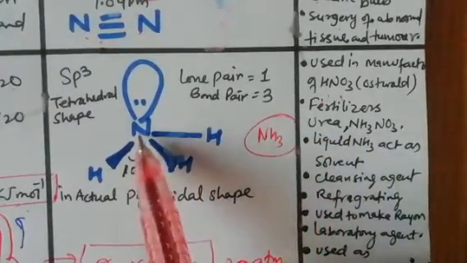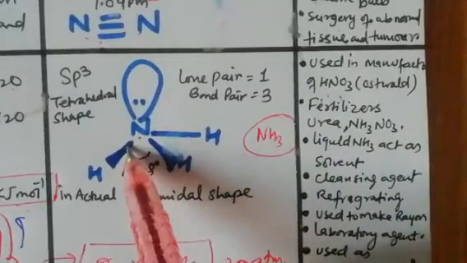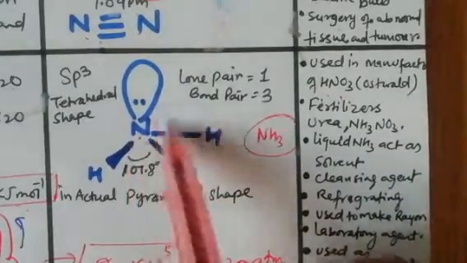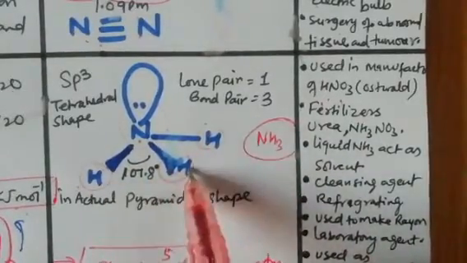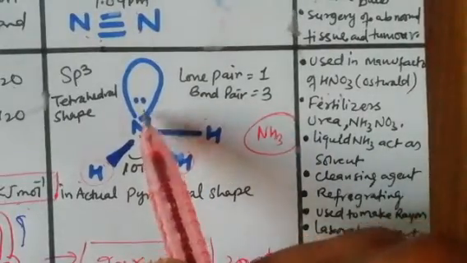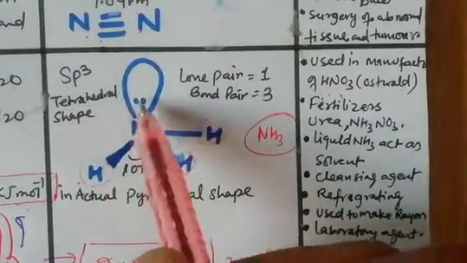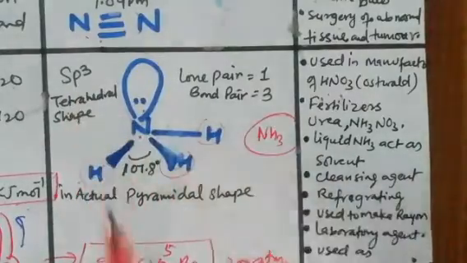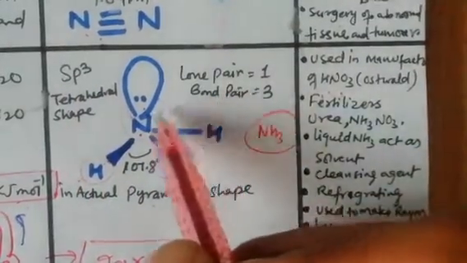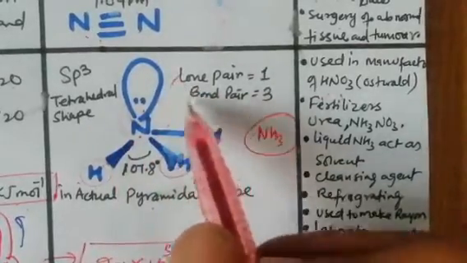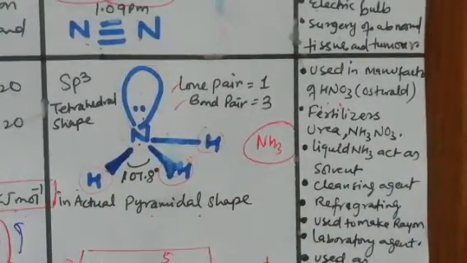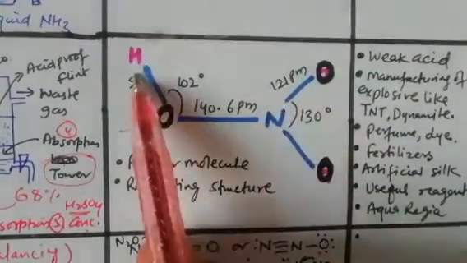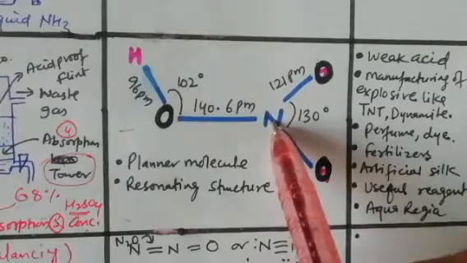In the structure of NH3, one N has 5 electrons. Out of these 5, 3 electrons are shared in bonds with hydrogen, so it is called sharing of bond. After that, the N has a lone pair, and because of this lone pair it shows sp3 tetrahedral shape, but in actual it is pyramidal shape. So dear students, whenever you draw the structure, you have to write how many lone pairs and how many bond pairs there are. So 1 lone pair and 3 bond pairs, and the 3 bond pairs react with 3 hydrogens, so it shows a tetrahedral structure.